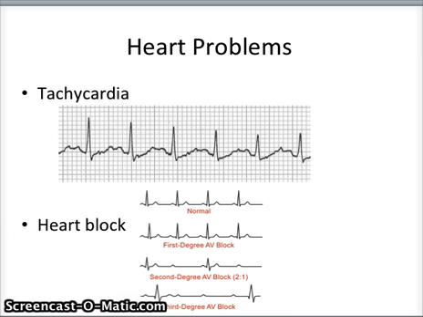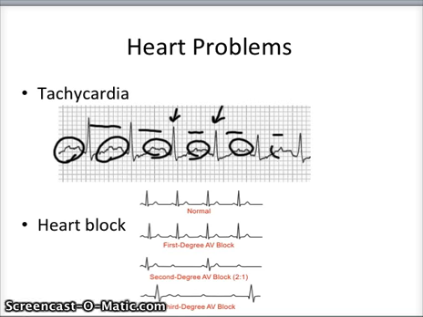So, notice how our QRS wave is still pretty good. All right, so we still have our QRS. We still have about a normal rhythm. There's about the same time between these, but there's a problem here with our atria. Look at our P wave. There's like a double hump here each time. So that tells me, since the P wave is controlled by the SA node, there's probably something wrong with the SA node,